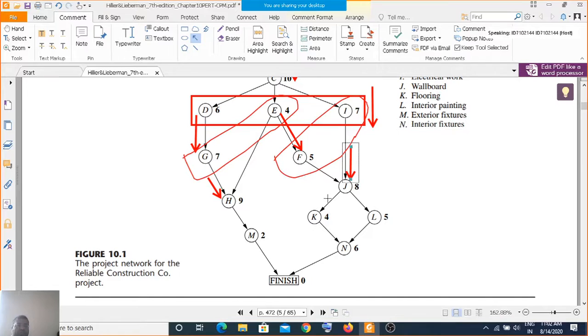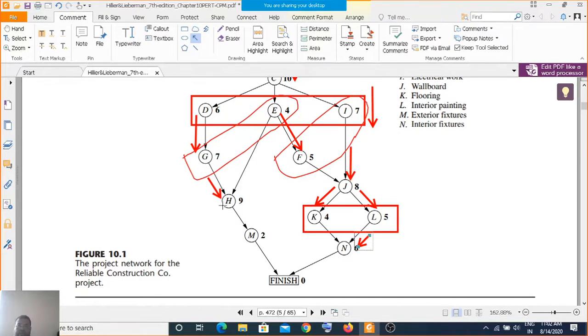Once J is completed, you have two activities that you can carry out in parallel, because they are two independent activities, and the maximum length required here is 5 weeks. Here K requires 4 weeks. When these two activities get completed, then and only then can you complete activity N. So this activity N is completed after the completion of these two activities. So you get this N on the 6th week.